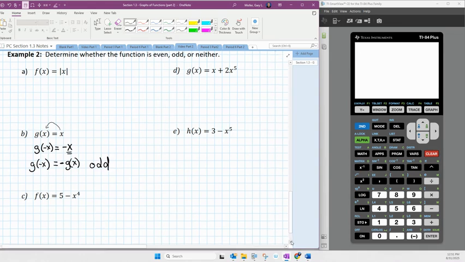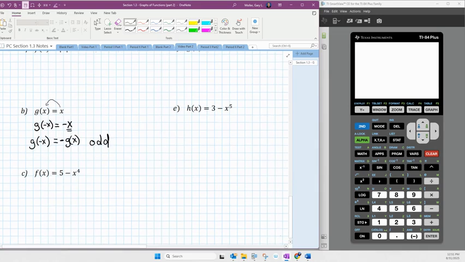Let's try part C. We know what f of x is. What can we do to negative x? Can we manipulate it in any way that's helpful? So let's rewrite it. 5 minus negative x to the 4th power. All right, what is negative to the 4th power? It's a positive. So this simply becomes 5 minus x to the 4th. Well, 5 minus x to the 4th is just what f of x is. So I can substitute and replace that with f of x, which gives me the